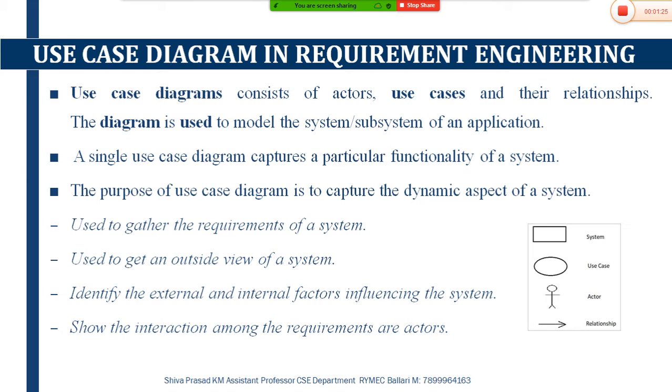Use case diagrams contain actors, use cases, and the relationship. The combination of actors, use cases, and relationships together forms use case diagrams. These diagrams help you understand the relationship between each and every model of a particular system, how the system must behave, and what the functionality of each and every component of a particular system must be.